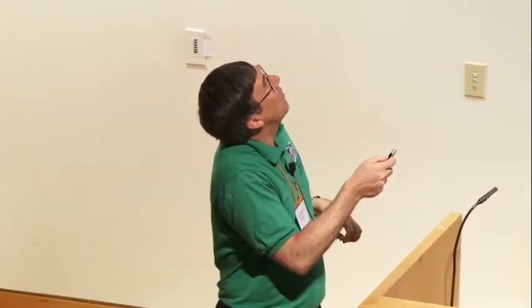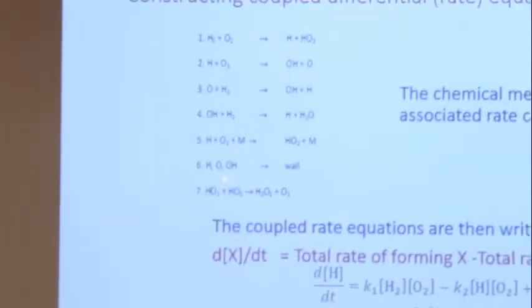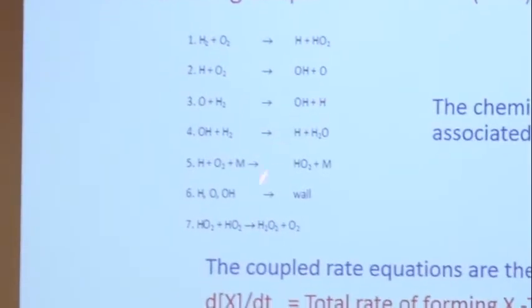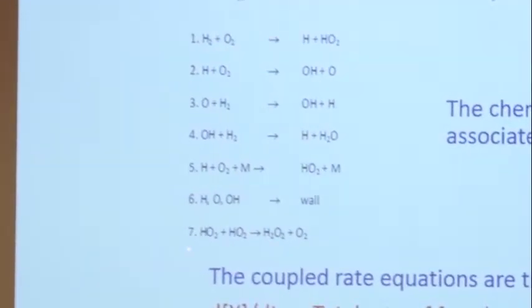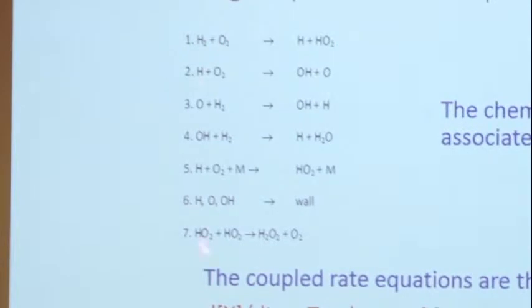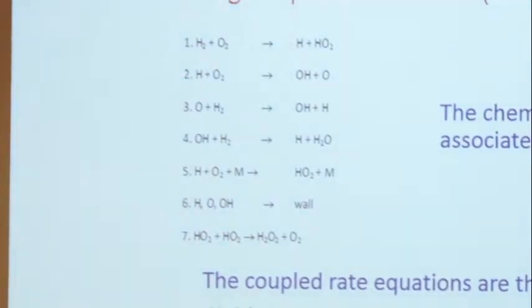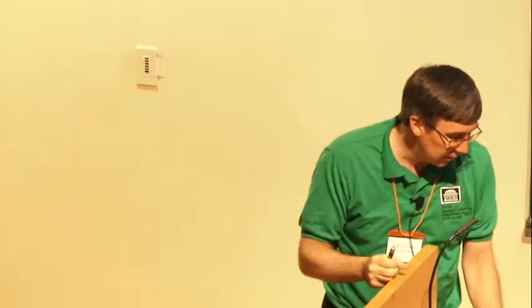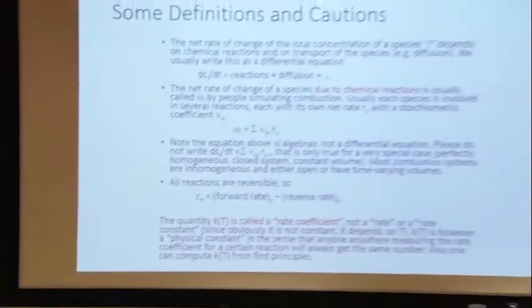You have all these reactions happening. Many of them involve H atoms, right? 1, 2, 3, 4, 5, 6. So 6 of these reactions out of the 7 involve H atoms, if I count it right. And so for every reaction that involves H atoms, there'll be a term back in the, here we go,